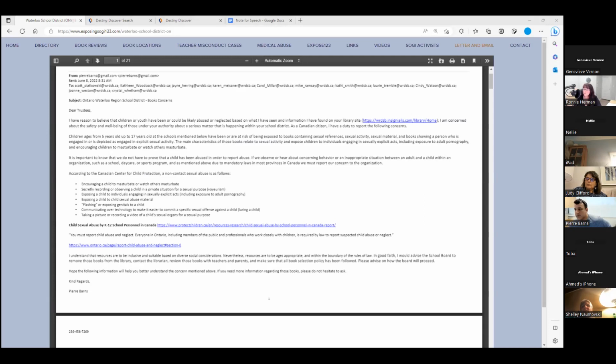So then they realized, okay, and they just removed the books when they saw all the pornographic materials within the Genderqueer book. And that's just the beginning, right? They are going to remove more, but the thing is, we give each other power, and we all become more powerful in regard to what we can do.